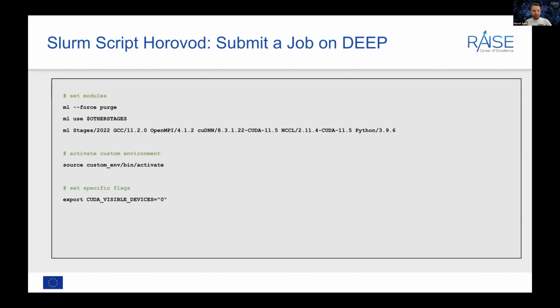So if I want to use that version, I need to load my custom environment where I have installed PyTorch into. And the same is, of course, true also for Horovod, which is not pre-installed, at least in the newest version, on the Deep machine. Then again, I set the visible devices to make sure the program can see the GPU, which is on the Deep machine just 1 GPU.